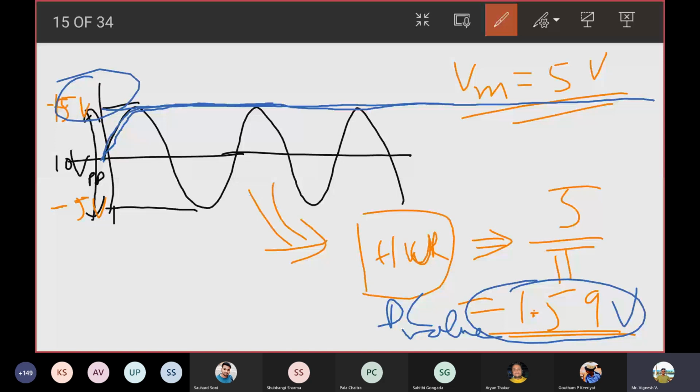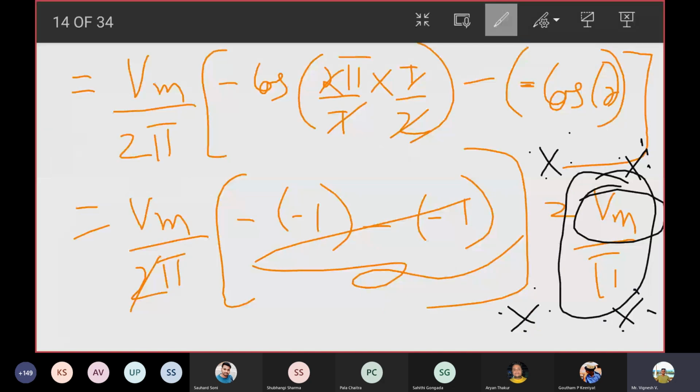So this is how you calculate the average value, or DC value, of any circuit. You know the formula. You apply the V of t depending upon how your output looks, and you find out the average value. Next, we look at the RMS value of the half wave rectifier. So I'll reiterate: the average value of a half wave rectifier is Vm by pi. Now we are looking at the RMS value. What is RMS? Root mean square.